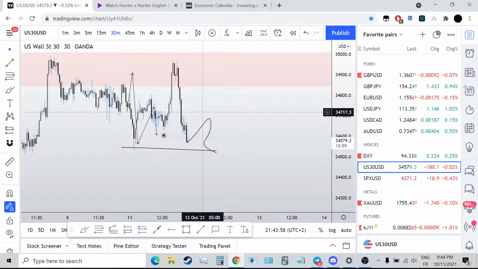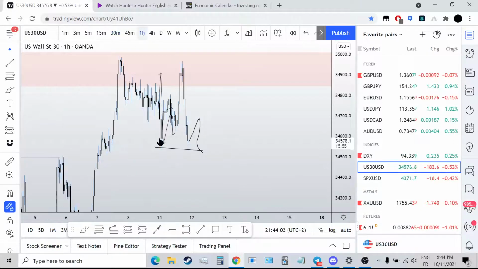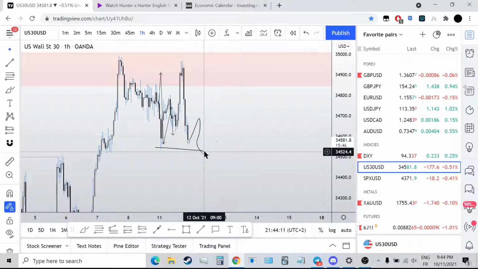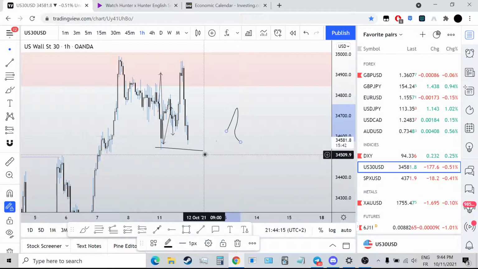Actually, no. I already got my structure break right here. This whole swing is like your 1 hour swing, so this would be a better wait. This would be better to wait to break, right? Even though you have this minor structure break right here, and it might create equal lows.